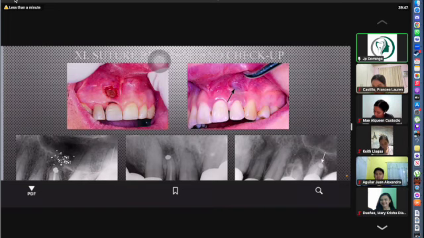So in case when a radiograph was taken before surgical wound closure, there is wound dehiscence that you see in the left picture. Okay, wound dehiscence yun. As a result of